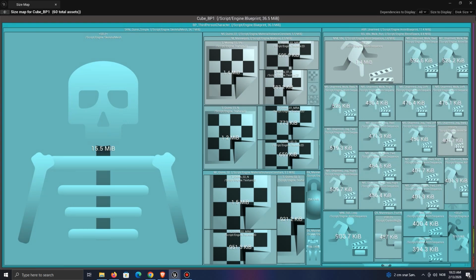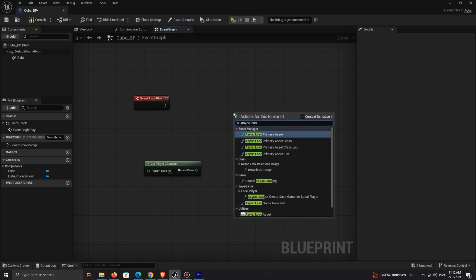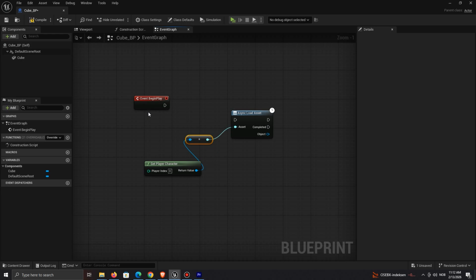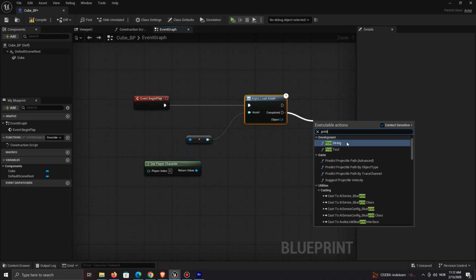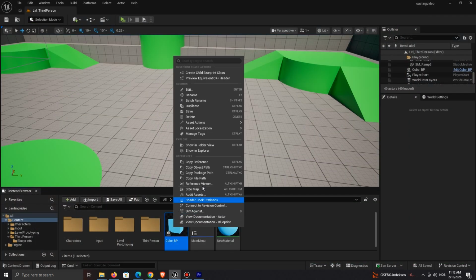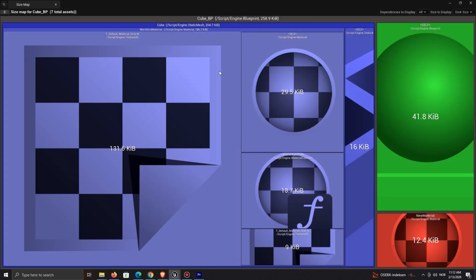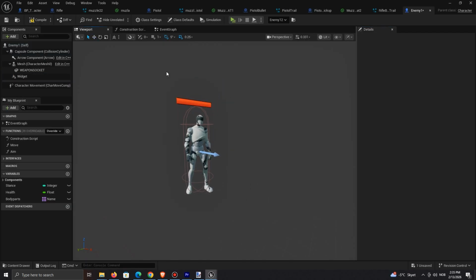So, what is the solution to all of this? We can use soft references instead. This isn't meant to be a soft reference tutorial, but be careful when casting. There are a few cases where you pretty much have to cast, or it's the easiest way. The important thing is just to beware and debug properly. For example, you may have to cast to widgets